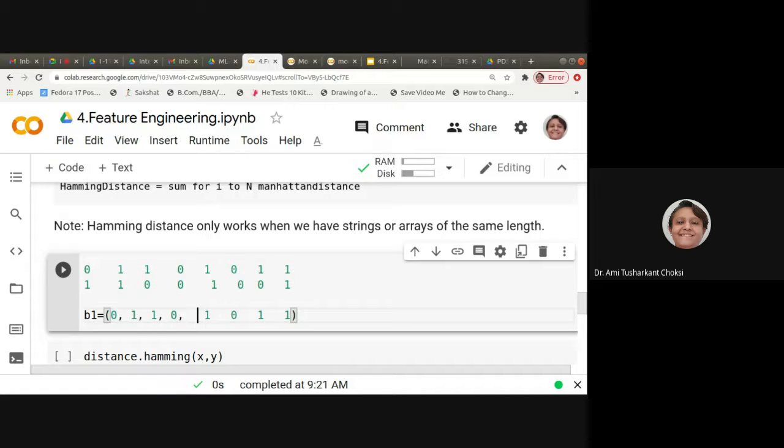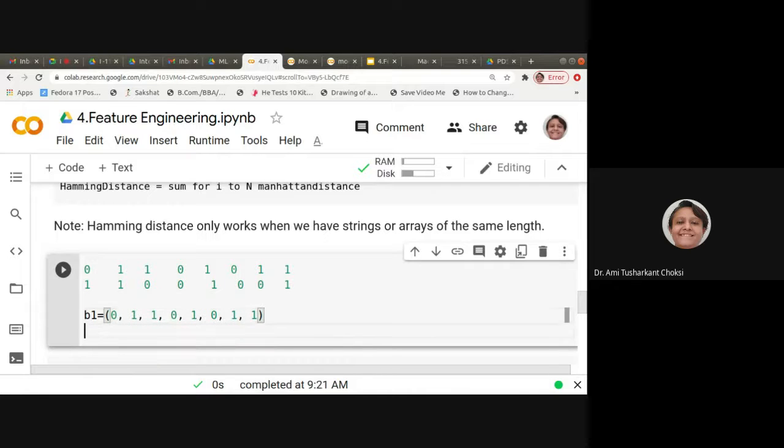See, syntax you have to follow, whichever language you use. This is the B1 vector. Now we want to have the B2. I am giving it as binary. We'll have to put this in comment because this is the vector we are giving.